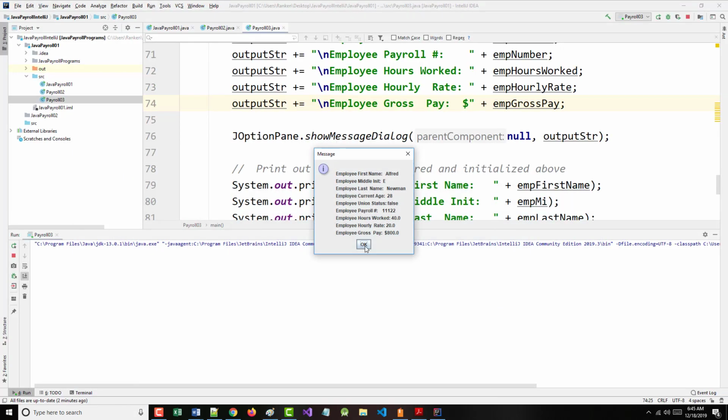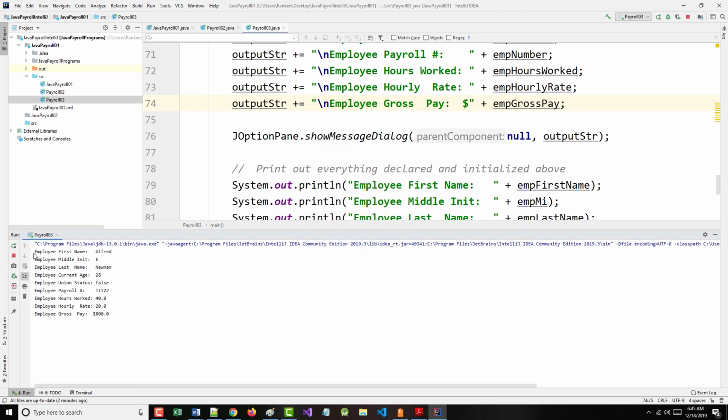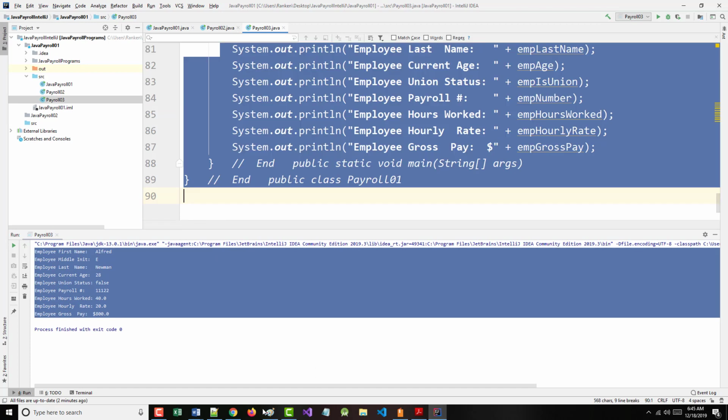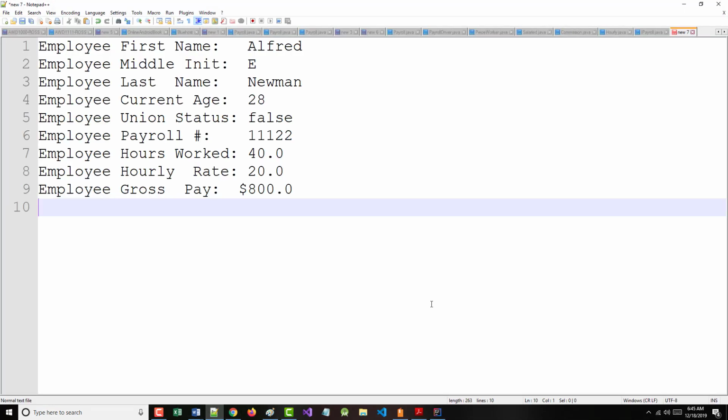Now, when we click OK, we get our stuff here too. Let's grab that. Oops, bring this back in here and paste it in. And you can see we get the same thing. All right, so now what I have done is I have come in here and I have shown you two different ways that you can input values. All right, but,